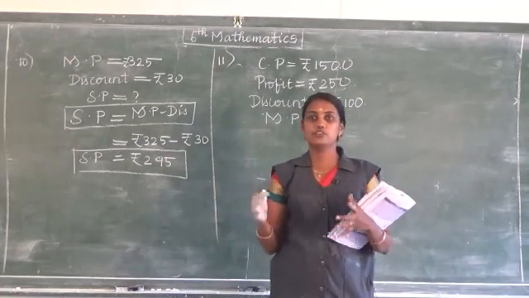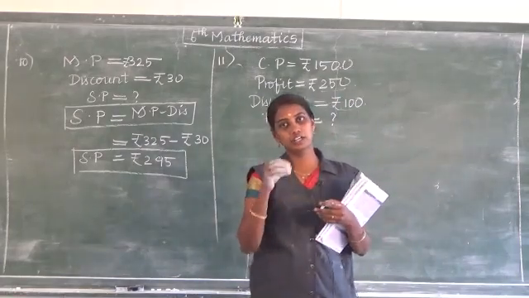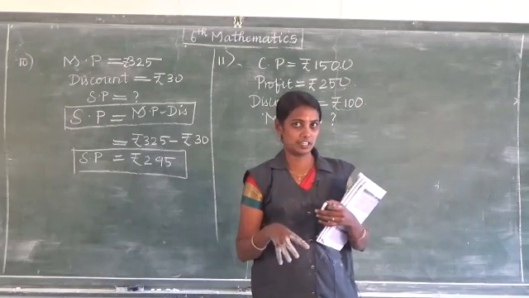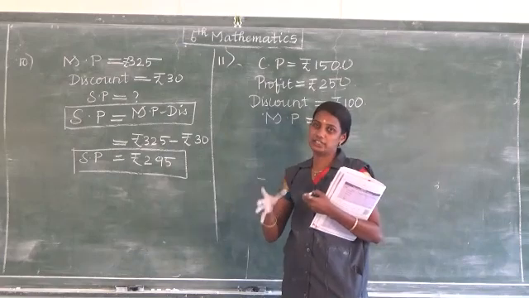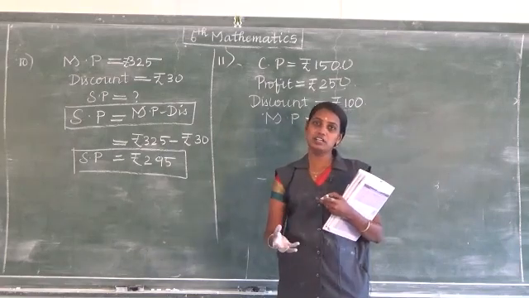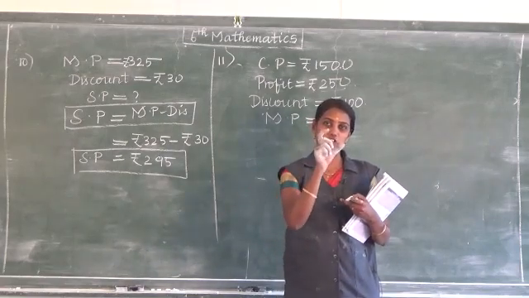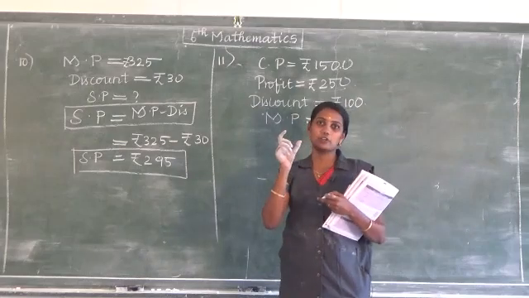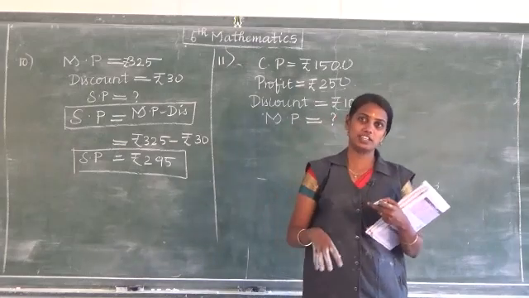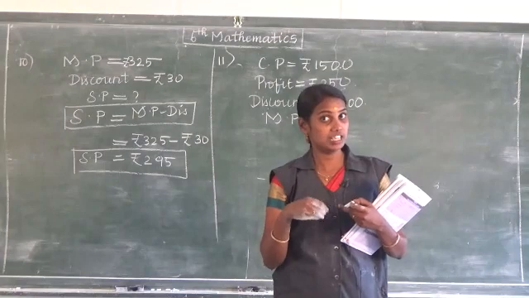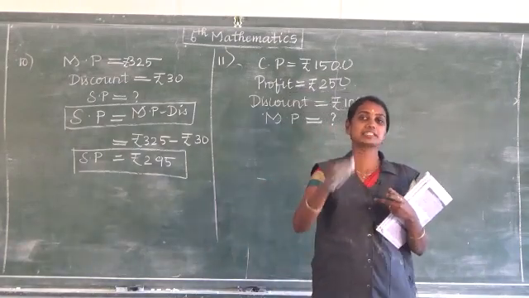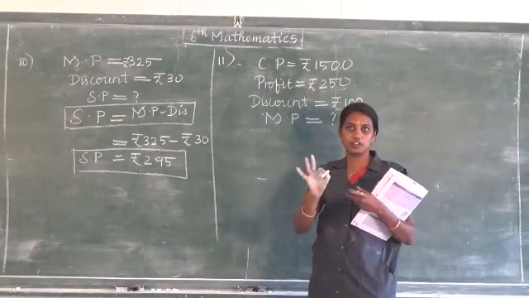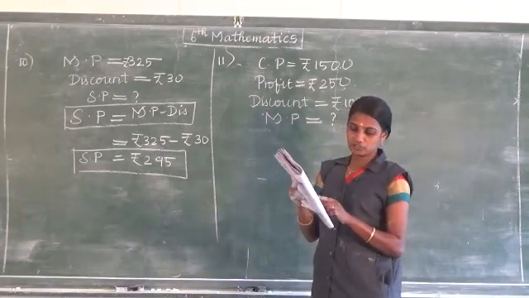If you get a discount, we always go for buying the discount items. Yes or no? It is our culture. Whenever you go to the shop, we will see the discount amount, 100 rupees, so we will buy the things. But the shopkeeper is thinking that with the profit of 250 only he is selling to you. There is no loss for him. Like that only the problem.